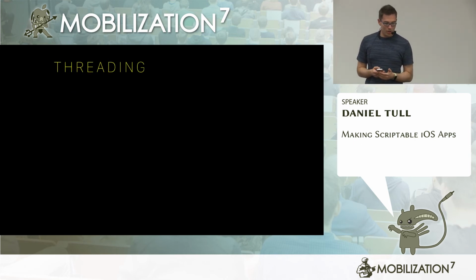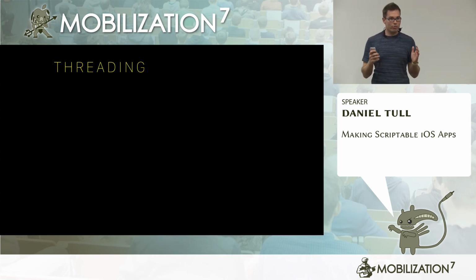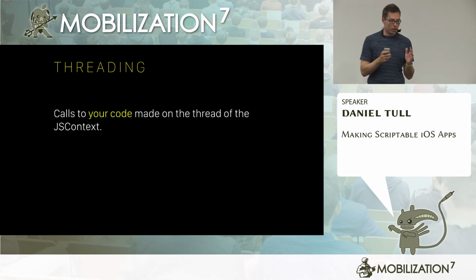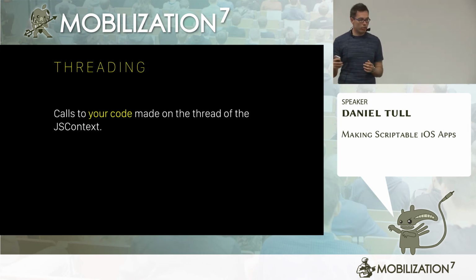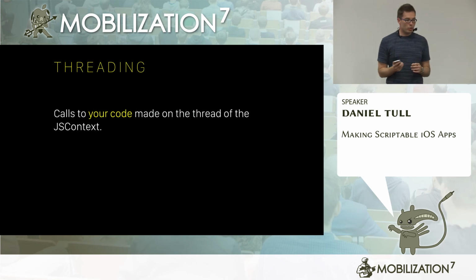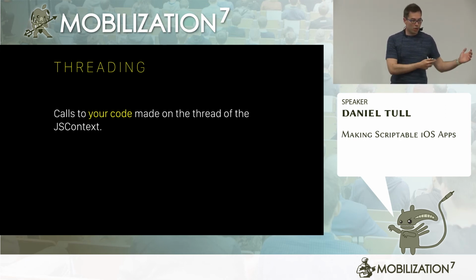So just a mention on threading. And this might be the first instance where Swift works really, really well with JavaScript. Because threading occurs on the thread that you call the JS context. It's completely synchronous within that thread. So what you can do is offload it to another thread and just pass across all the values. And you know they're all thread safe because they're value types. So you pass across all the values from